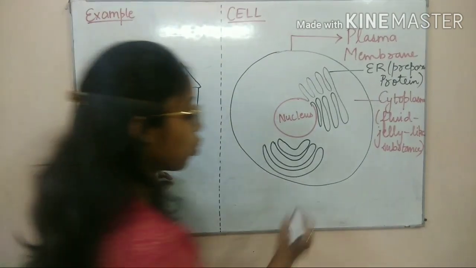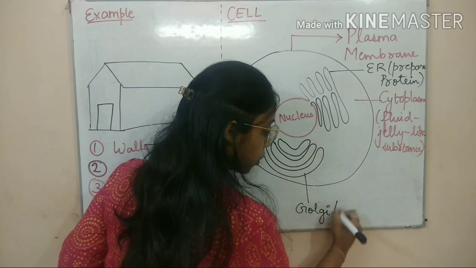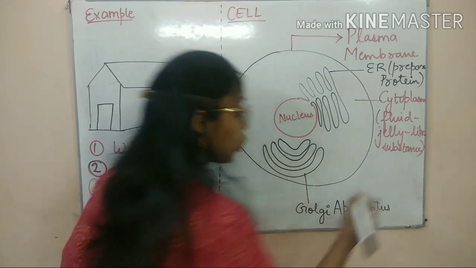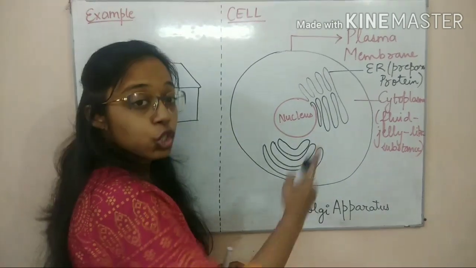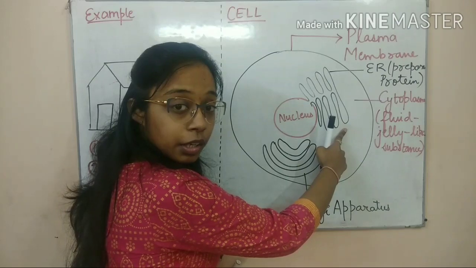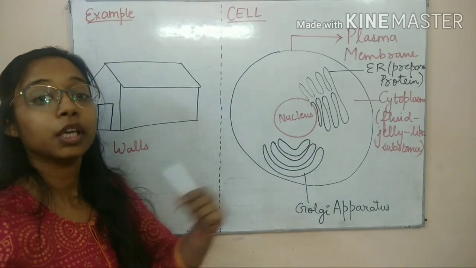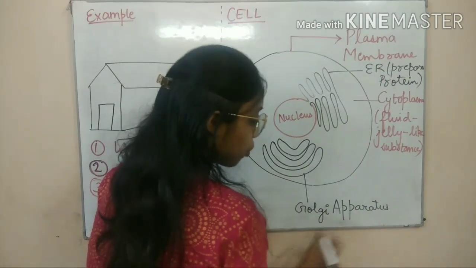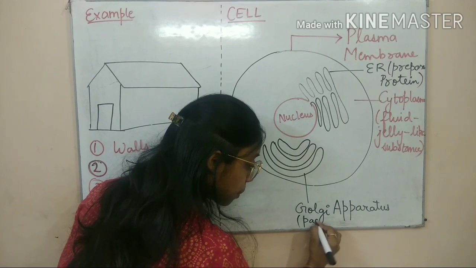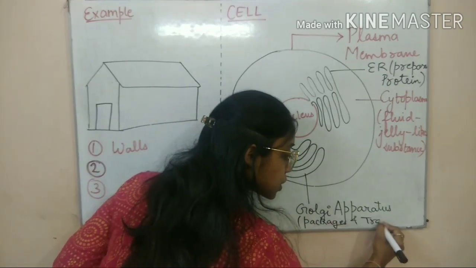It asks this Golgi body, we call it Golgi apparatus, to package the synthesized or prepared food and transport this food where it can be utilized. So the Golgi body, what does it do? It packages and transports